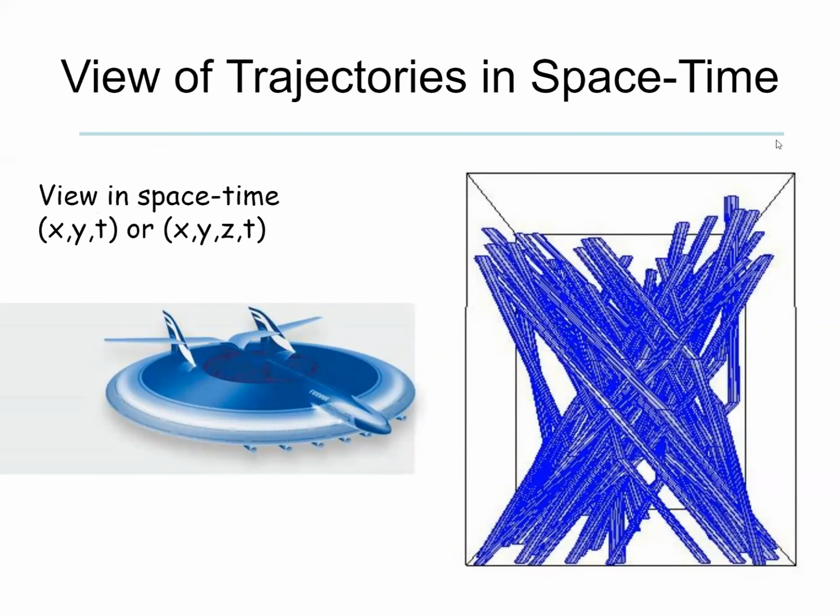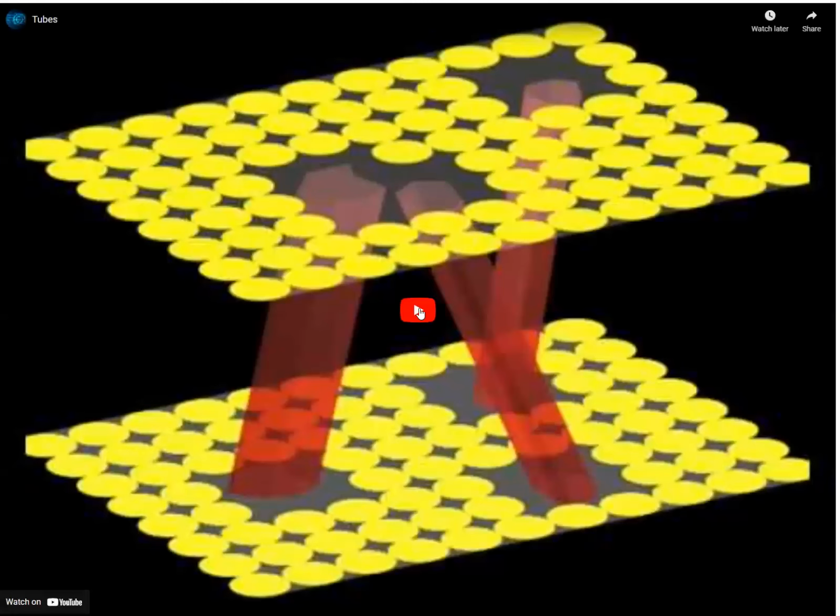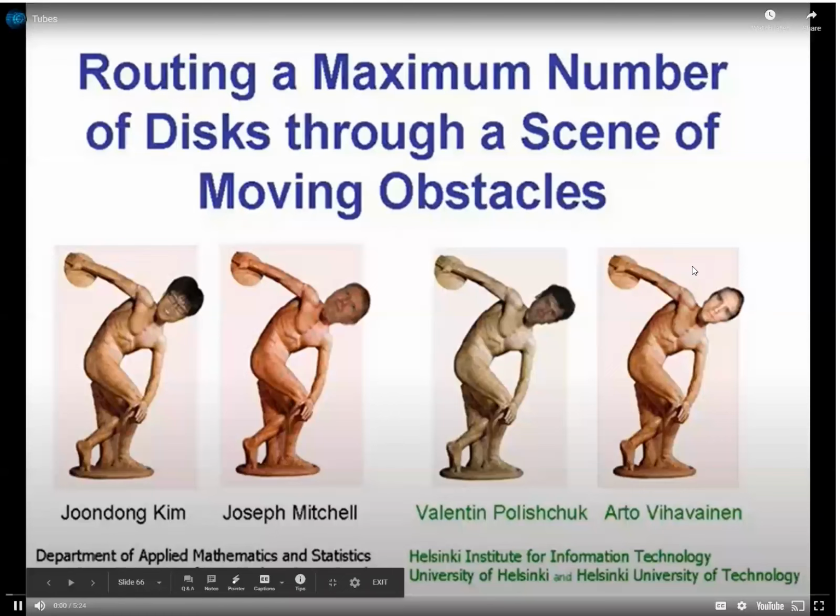So in the most general case, you can represent the aircraft with a disk, which represents the protected airspace zone around the aircraft, a few nautical miles or whatever that is, and then view the trajectories as tubes in space-time. So here on the right, you can see these tubes. Each of them represents a trajectory, and you want to pack as many tubes as you can through the XYT, taking the time component into account. And here I'm showing something from a video that